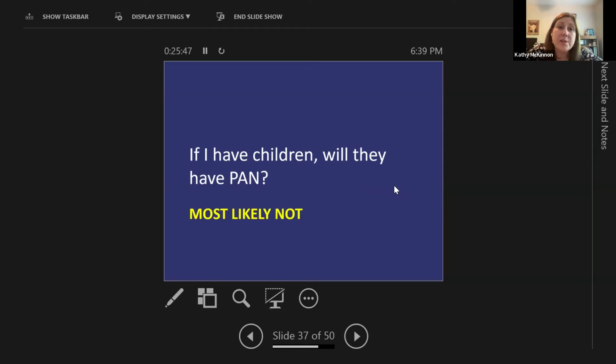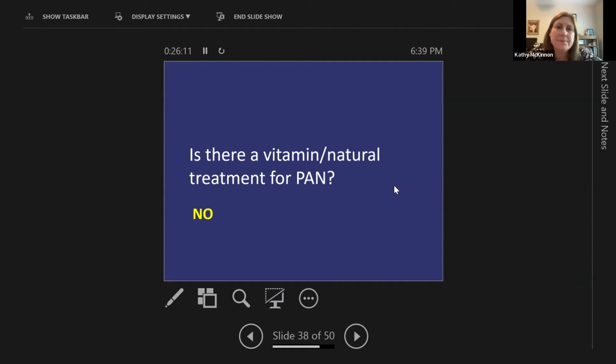And young patients who have families or are planning families want to know if their children will get PAN, if they have children, or if they already have kids, are their kids at risk for developing it? Knowing that autoimmune diseases oftentimes run in families. And unlike diseases like lupus and rheumatoid arthritis, where we often see multiple family members affected, this doesn't seem to be the case with PAN. Next.